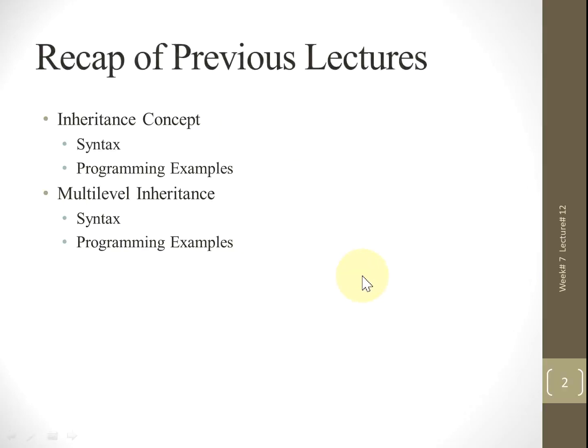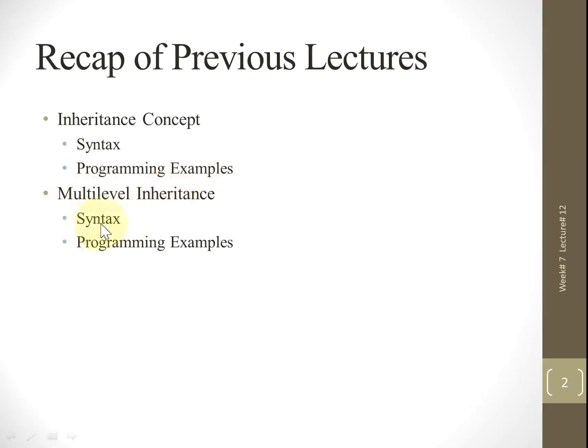In our previous lecture we learned a few topics, which included the inheritance concept, the second most important feature of object-oriented programming. We learned the syntax and solved the programming example within C#. We also learned the concept of multi-level inheritance.